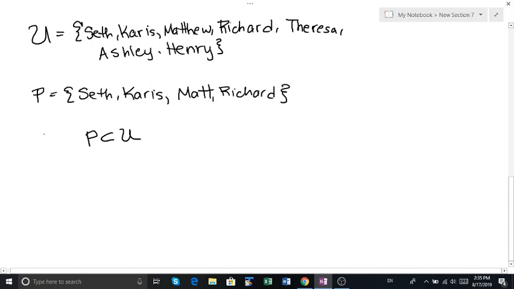There are two different types of subsets. You can have a proper subset, which is all subsets of a universal set that are not equal to the universal set. So I'll write that down here. All subsets